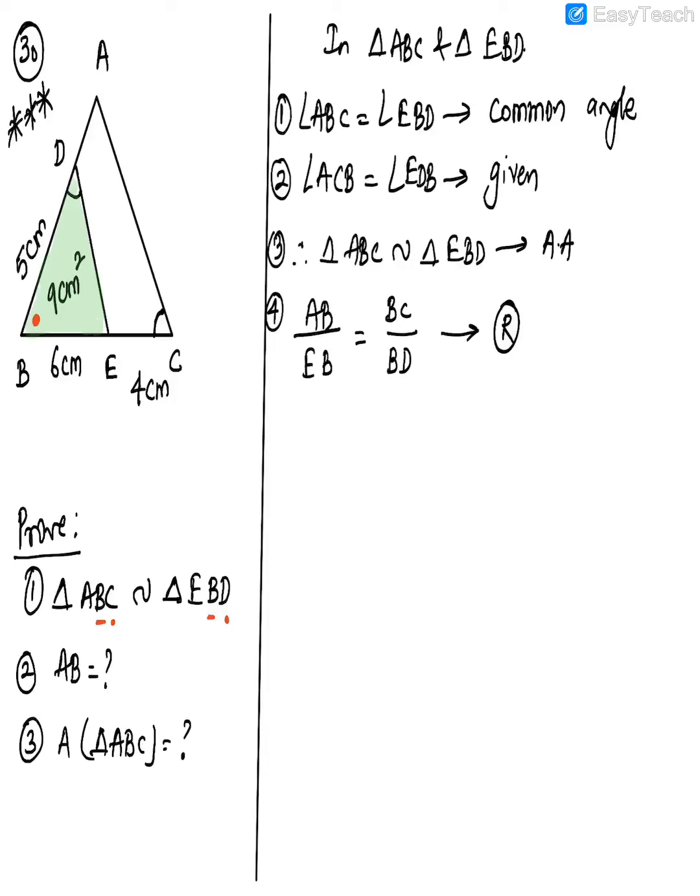Now you have to find area of triangle ABC. Can I leave this part to you? I mean, all of you can do it on your own. Again, just take the corresponding sides and then find out. So I'm just writing the answer directly here now. I'm not sure, you all can solve and check the answer. I think it will come 36 cm squared, area of the big triangle. So you all try on your own this part, guys, 30th one.